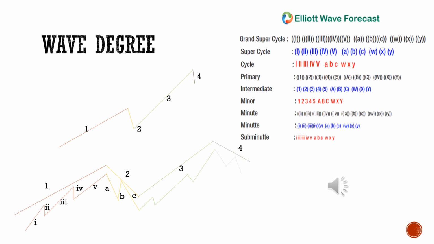This is wave degree. Wave degree means you track waves within waves. Suppose your first wave is an impulsive wave, so you can track 5 impulsive waves within the first wave, and the remaining ABC corrective waves can be tracked in the second wave, which is the correction wave to 1. Again on the third wave you can track 5 impulsive waves, and on the fourth wave there will be the 3 corrective waves, which are ABC. So this is a continuous process which can be tracked. This was all about wave degree and the Elliott wave cycle.